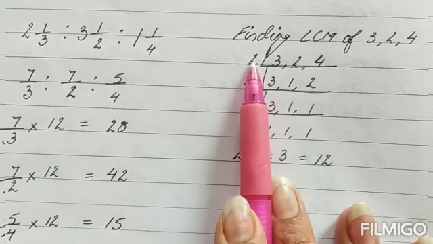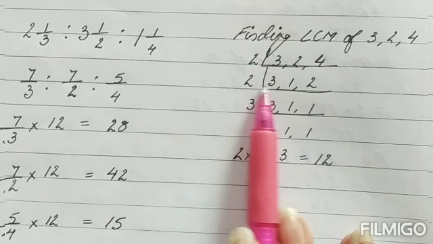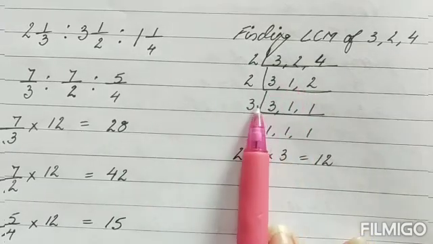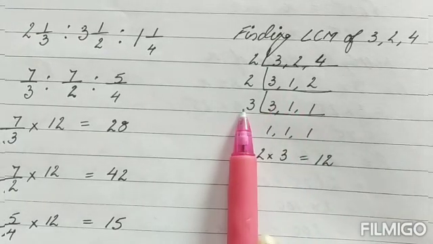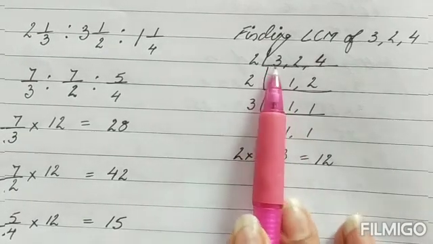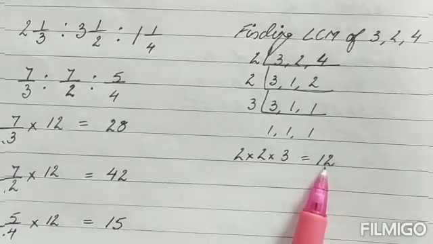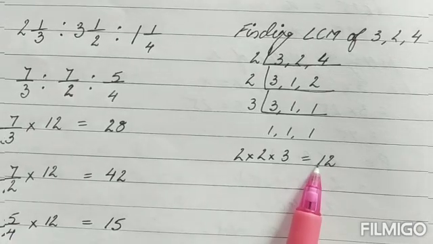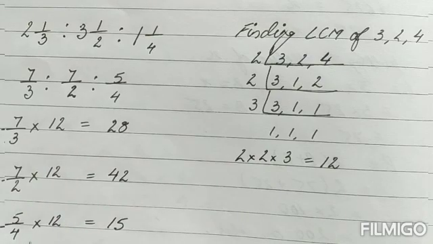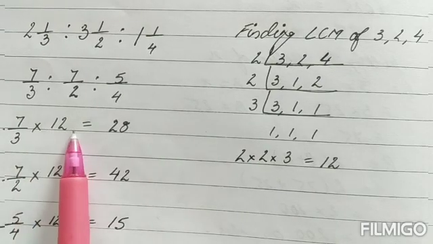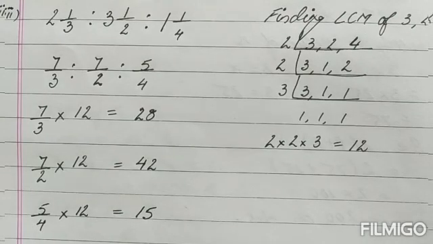2 1s are 2 and 2 2s are 4. In the second step again I can divide it by 2 because 2 will get cancelled. So 3 will again not be cancelled, so I have 1 and 1 over here. And now with 3, I finally get 1 for all the 3 numbers. That means my LCM will be 2 into 2 into 3, which is equal to 12. Now what will I do with this LCM, children? I will take all the 3 ratios and multiply them by 12 and then reduce it as much as it can get reduced.